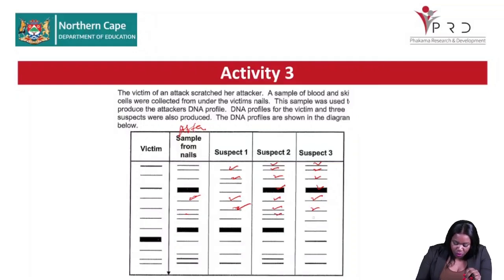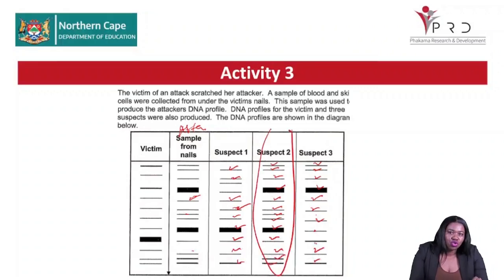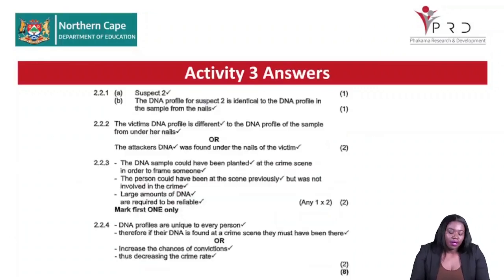it matches with 2 only, and it doesn't match with 3. Now that leaves 2 as the most definite one. Let's move on. It matches all of them. It matches 1 and 2. Again, it leaves 3 out, but 2 is still there. And then this one doesn't match 3. It's a bit thicker. It matches all of them. Matches 2 only. It matches all of them. So now that makes suspect 2 the attacker of this